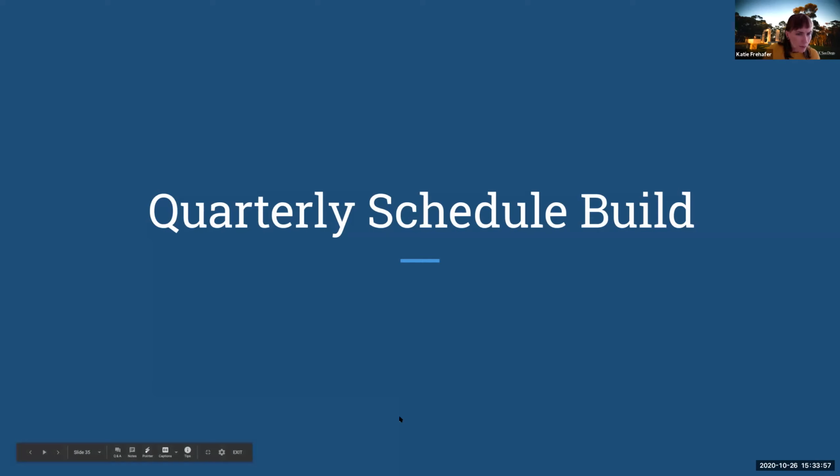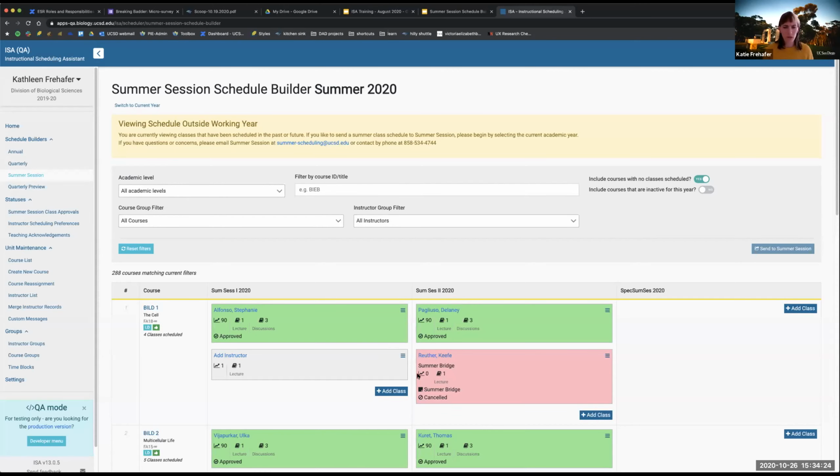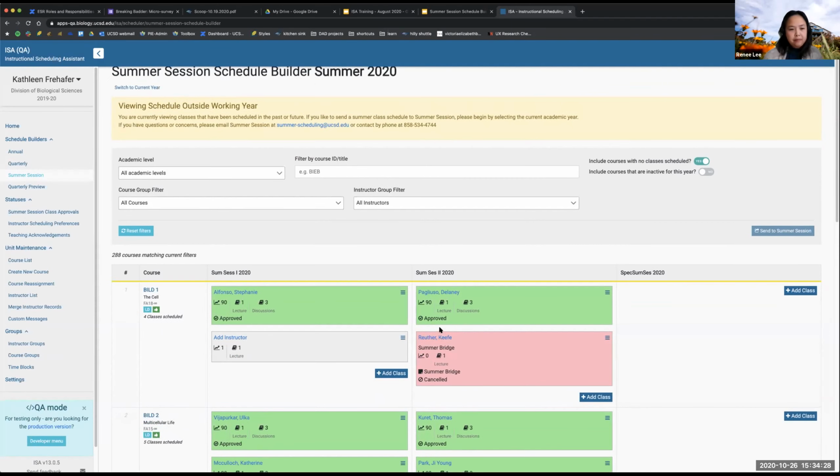All right, I'm almost where I want to be in the summer session. Okay, cool. So I will resume my share. Can everybody see? Zoom is caught up here for a second. Oh, I think my Zoom is stuck. Let me stop and then reshare. There we go. Can everybody see this now? Yes, thank you, Kate. Okay, great.